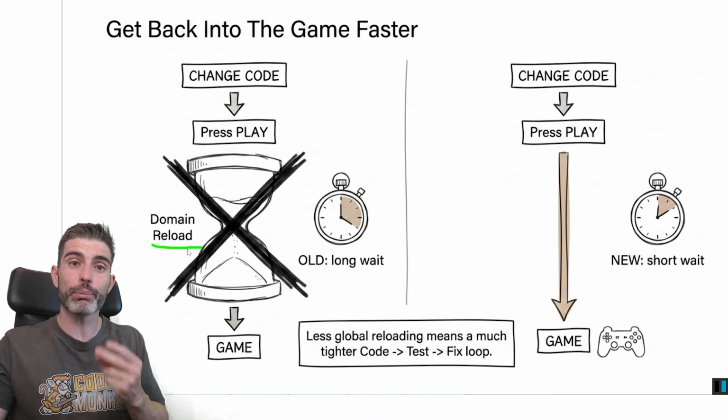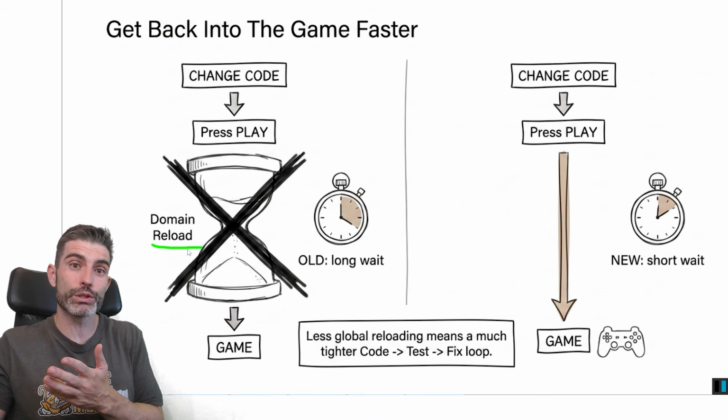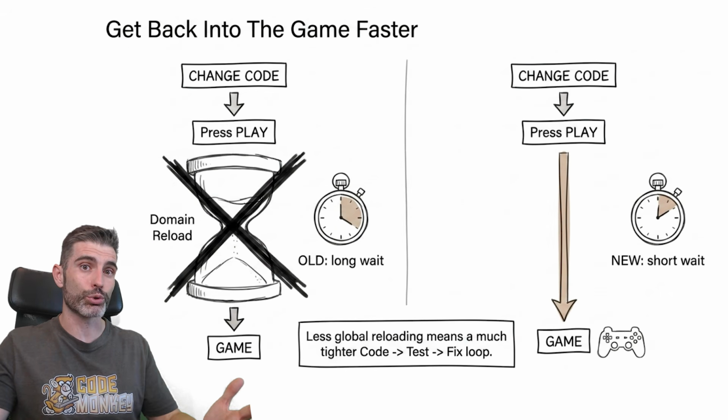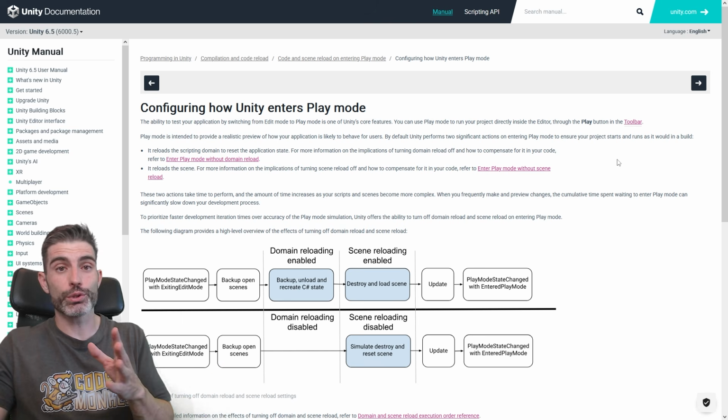So in terms of speeding up iteration speed, that is going to be an insane benefit. It literally can go from taking multiple minutes to taking literally just a few seconds. Although for this benefit, if you want to try out this one, you can actually already try it. Unity has had something called fast enter play mode for quite a while, and this one is basically getting rid of